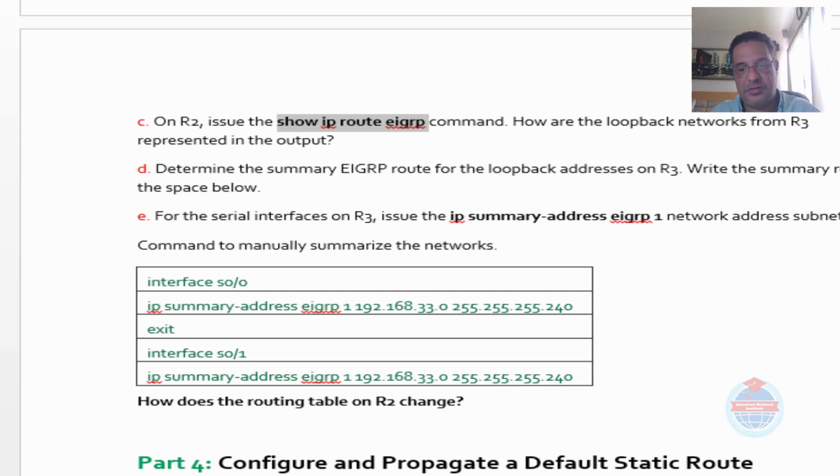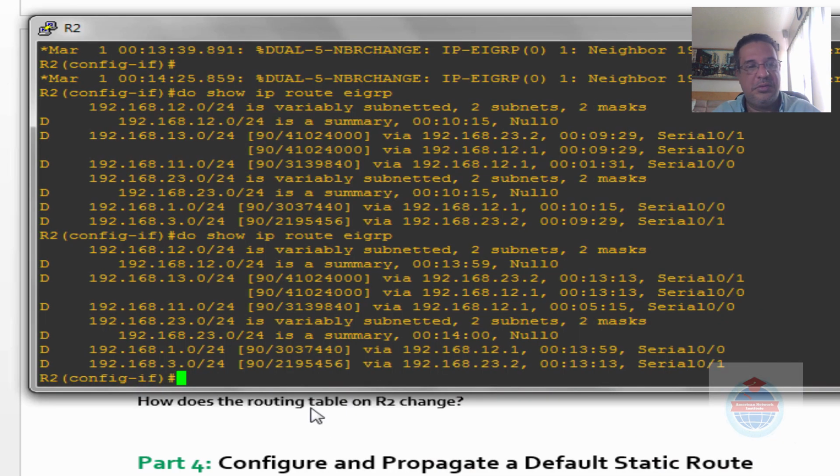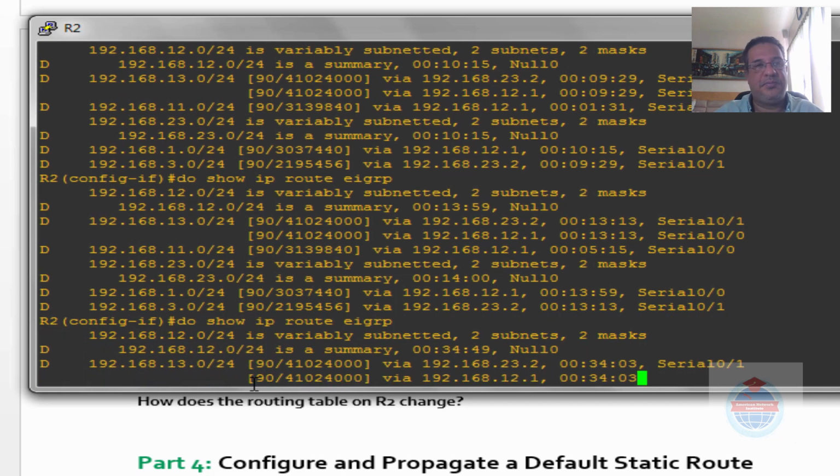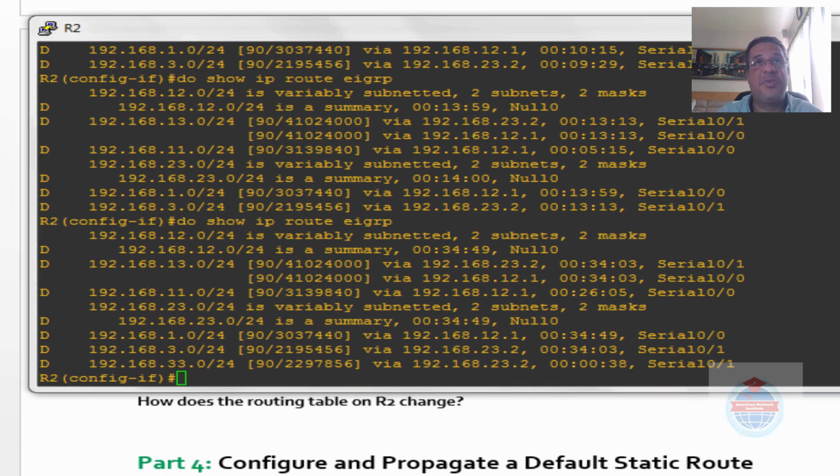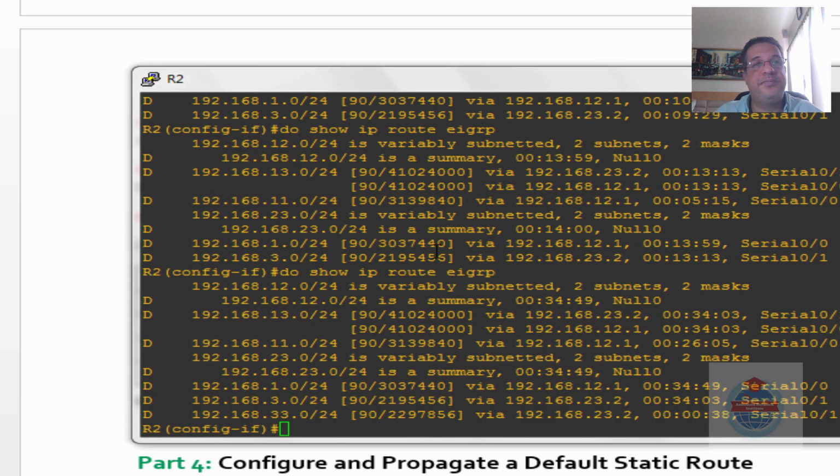Let's start first on R2. How the loopback networks are represented. So let's check it out. Over here,